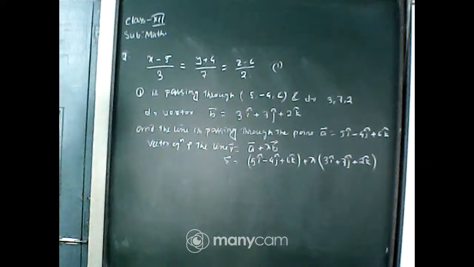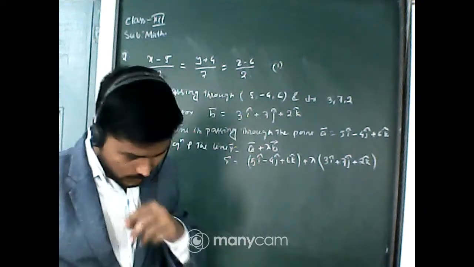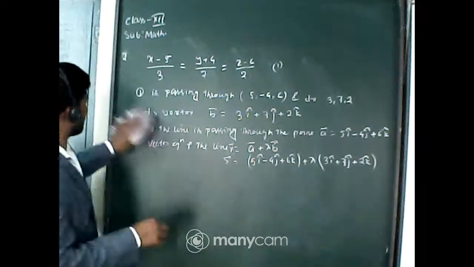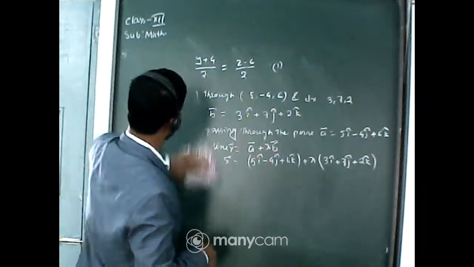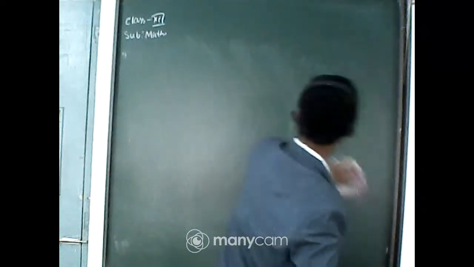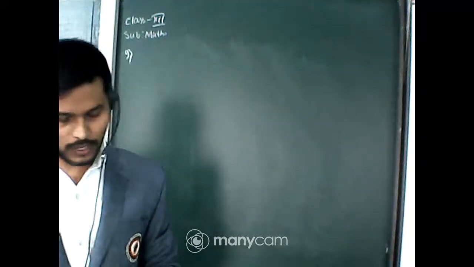We'll skip one question. Now the next question will be question number 9. You just have a look at question number 9. Question number 9 says: find the vector and the Cartesian equation of the line passing through 2 given points. We have to find the vector equation of the line and the Cartesian equation of the line. Okay, so